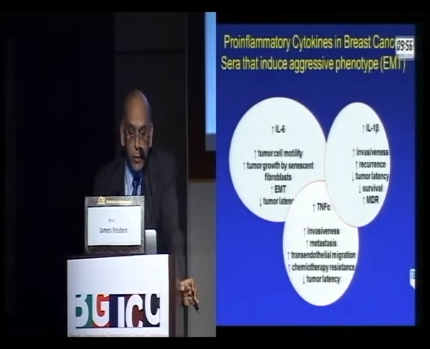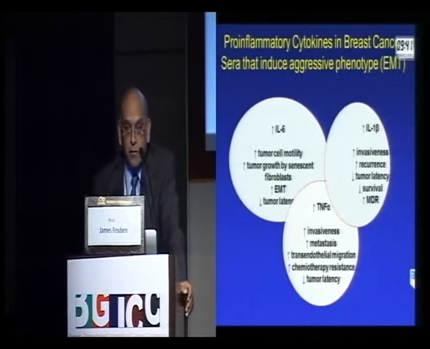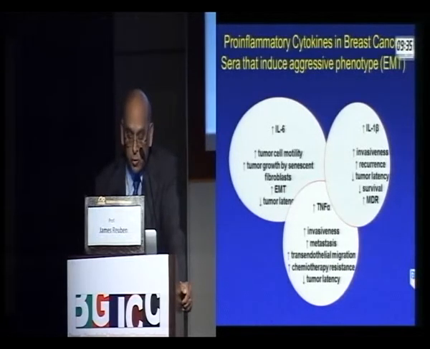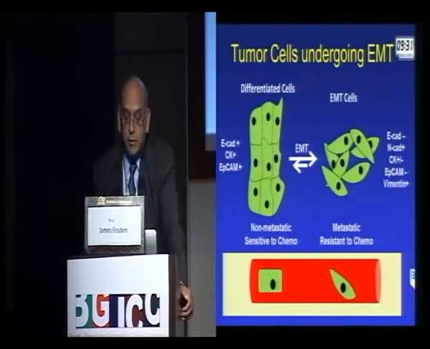So we did a very quick screen of the plasma samples of patients, and found that in breast cancer, these three cytokines were very highly expressed. And as you can see by the slide here, many of them have very similar characteristics and properties that favor a more aggressive tumor phenotype. So we looked, in particular, at